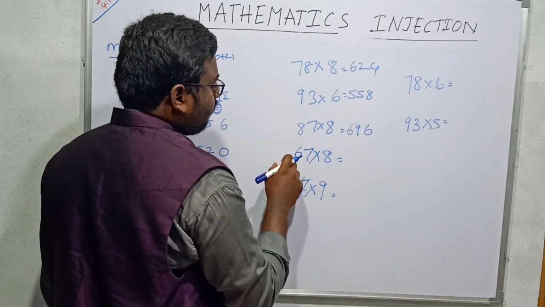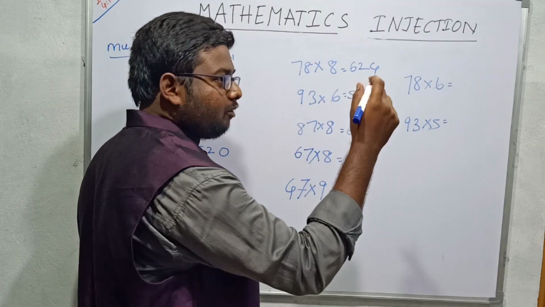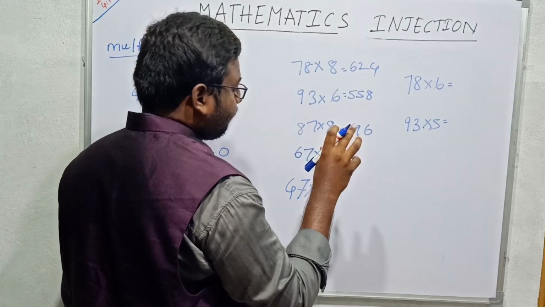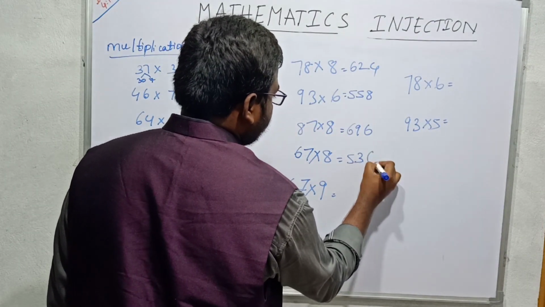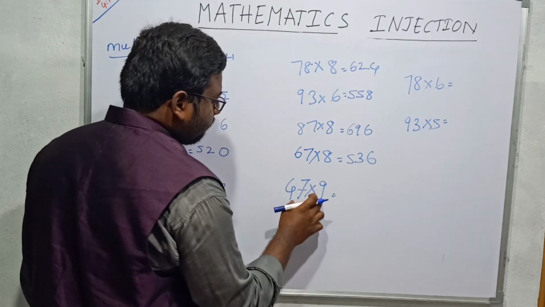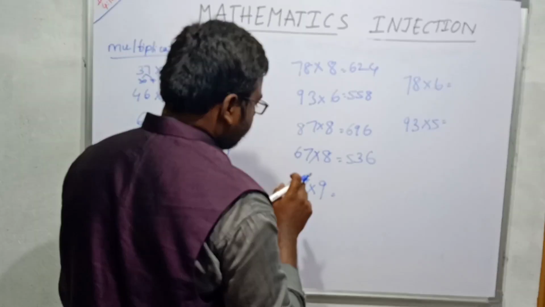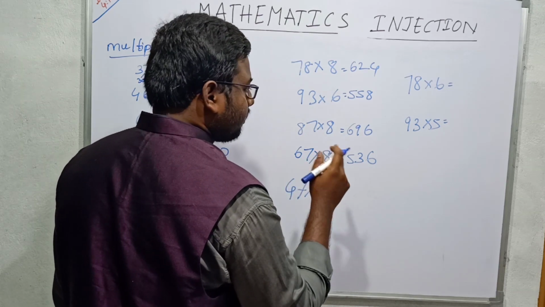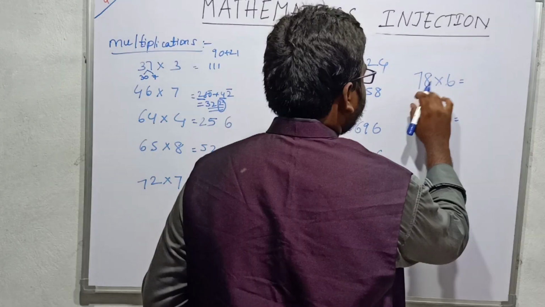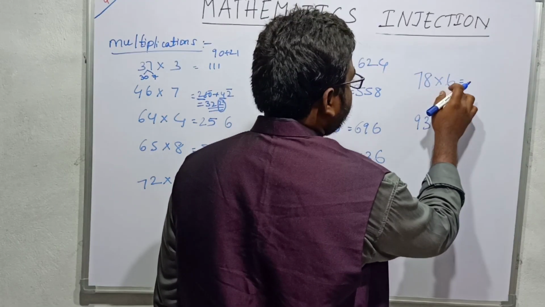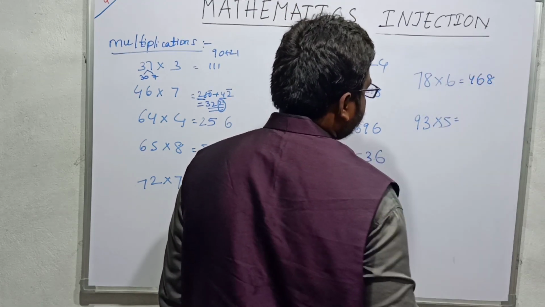So 8 6s are 48, 48 should be in our mind. 8 7s are 56, 6 will be the unit digit, and the 5 in 56 is added to 48. 48 plus 5 is 53, and the unit digit is 6. For example, if I have to calculate this, 4 9s are 36 plus 6, 3. 36 plus 6 is 42, and the unit digit is 3. 48 into 6. 6 7s are 42, 8 6s are 48. 42 plus 4 is 46, unit digit is 8.